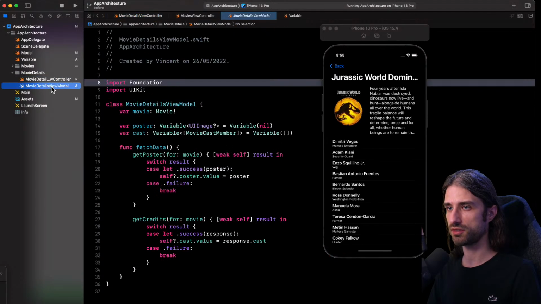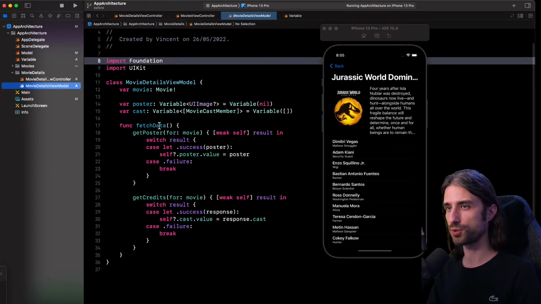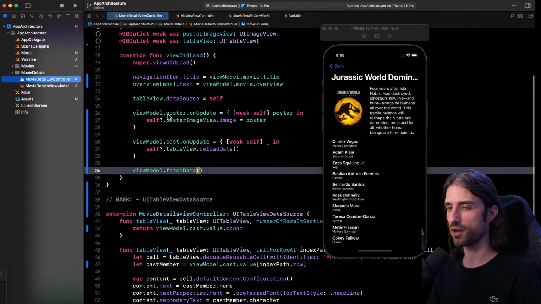As you can see, this code has been moved to the view model. And so the view controller can only focus on its core responsibility, which is displaying data on the UI and reacting to user events on the UI.